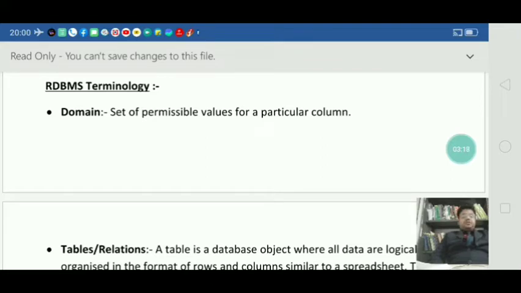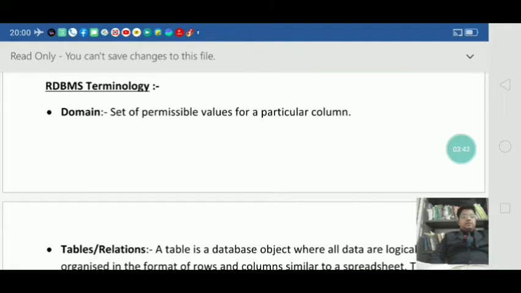Next, consider another column, that is name. Here you are entering textual data. That means your name may be Gopal, Aryan, whatever it may be. All your names consist of alphabets.